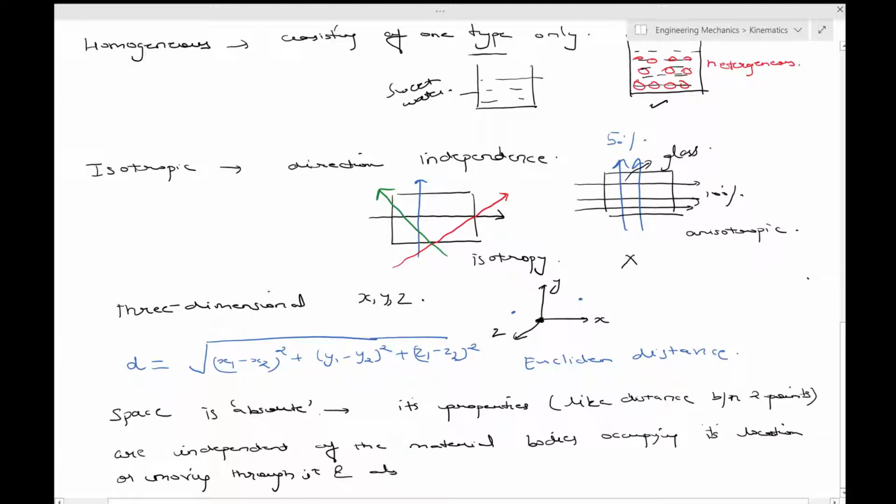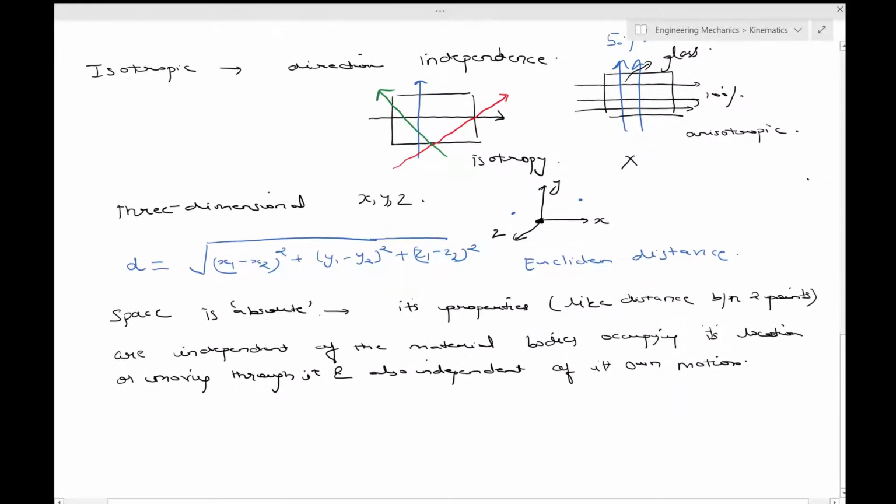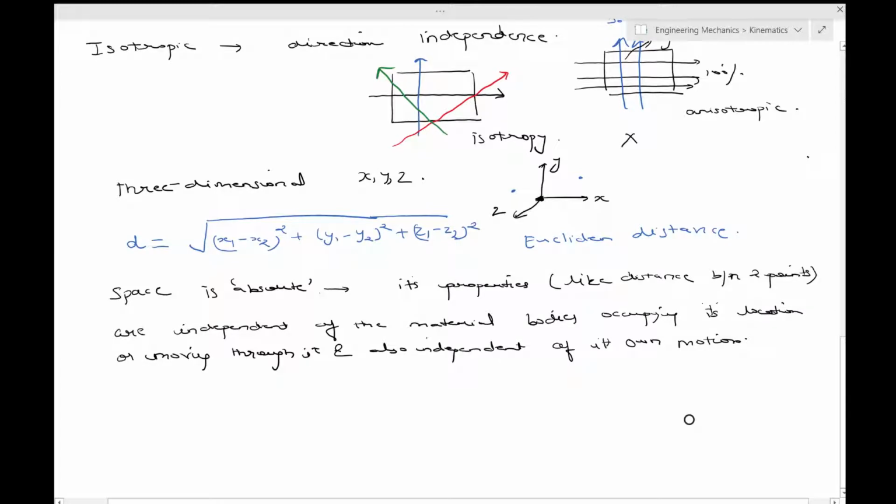And also independent of its own motion. We'll dissect it now. The first part says that its properties, okay, right now the only easiest property which we have taken is distance